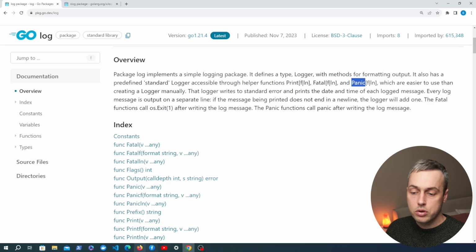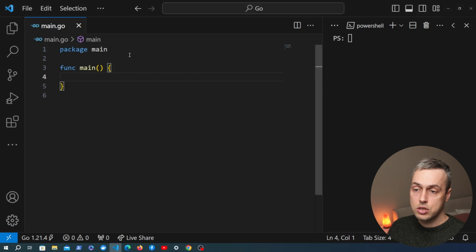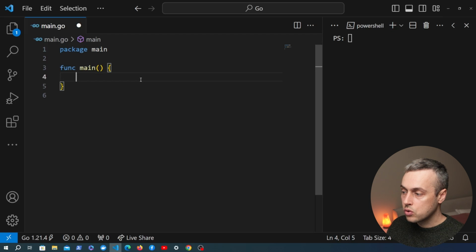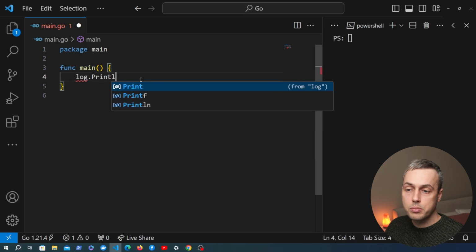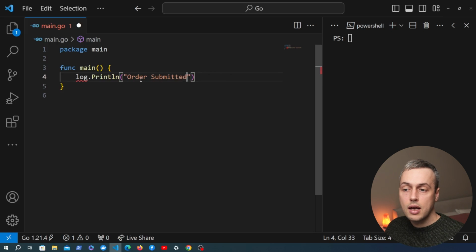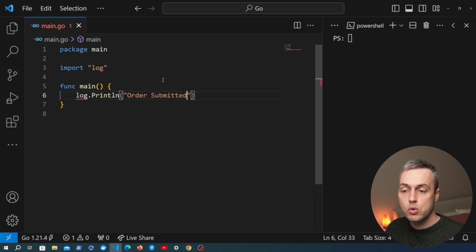Now let's start with a look at the log package. I'm going to open VS Code where I have a very simple Go application. It consists of one file called main.go, and we've defined a package called main here. What I'm going to do is add a statement to log.Println so we can see what kind of output this generates. And let's say we've submitted an order and we want to output that statement to the terminal when this